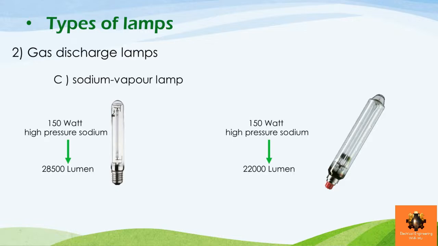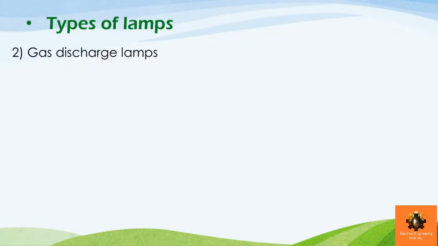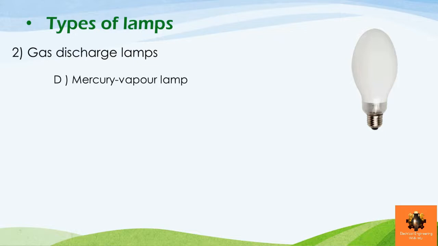So it's very obvious that for the same power, the high pressure sodium lamp produces a larger value of lumens than the low pressure sodium lamp. Very good. Also, the next type of lamps we have is the mercury lamp,